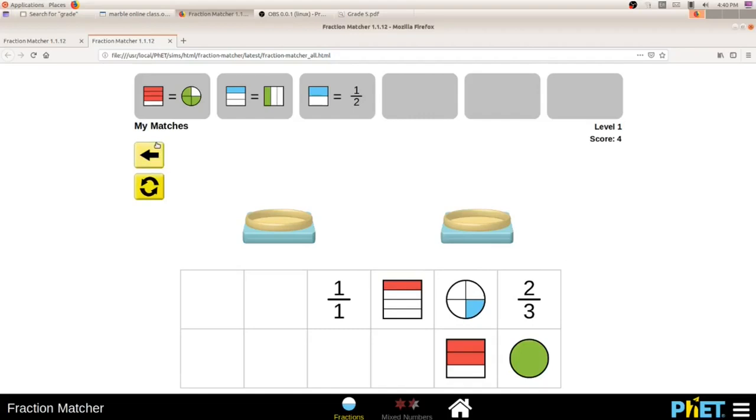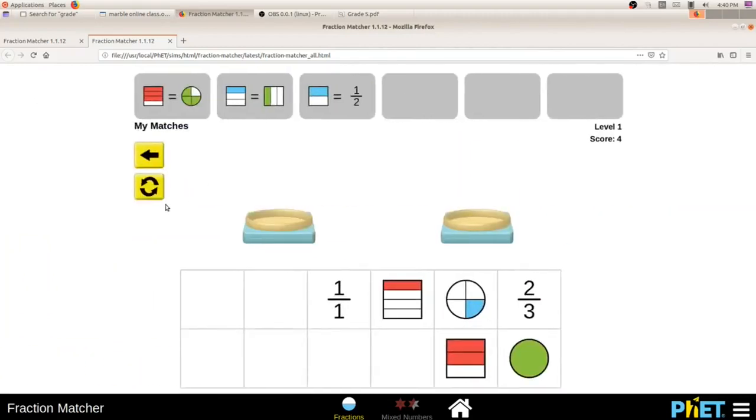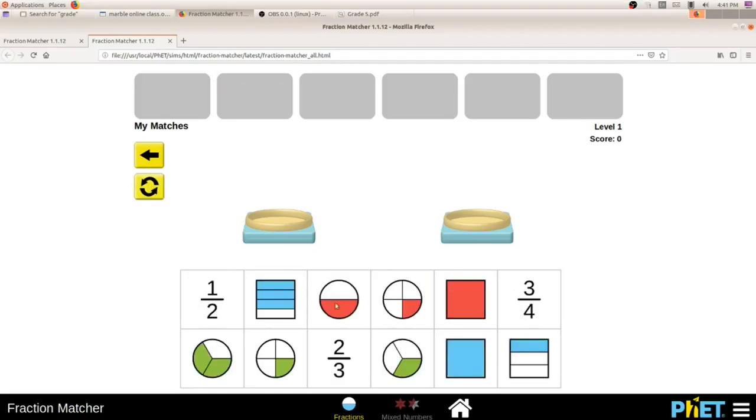Now I'll show you the back button. If I click on this back, then it will move to the previous page. You can again select the levels. Again I'm going to click level. Now I think I didn't show you this one. Suppose I want to restart the game. I have already made 3 attempts. I want to restart the game, then you can click on the reset button. Now it is restarting again. Can you see here? The game is restarting.